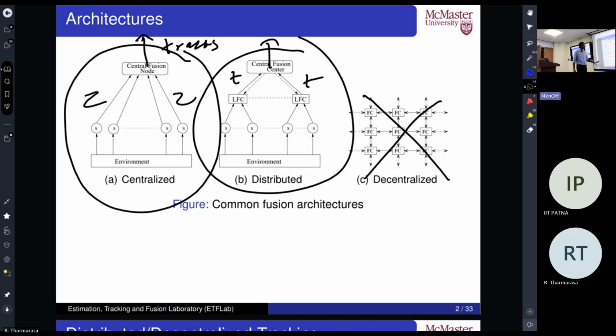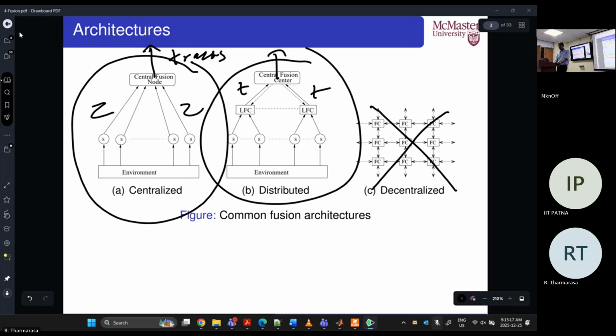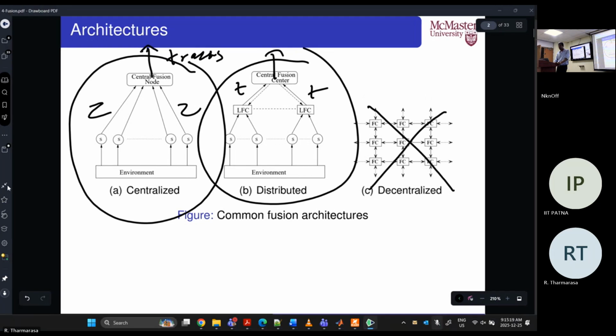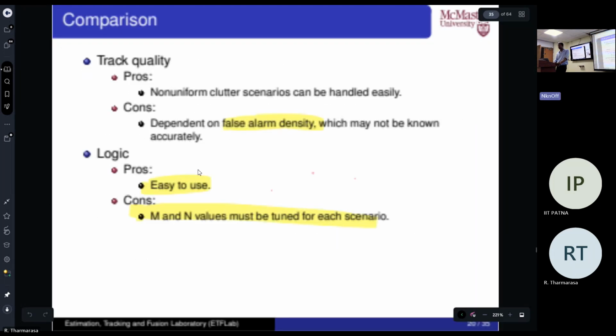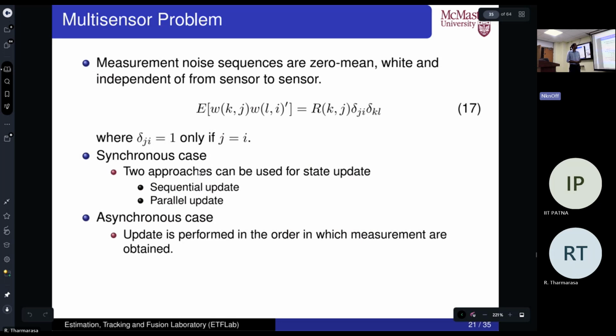So we are going to start with multi-sensor fusion. I go back to the previous slide. So this is the multi-sensor problem. The slides might be a little complicated, so I will just